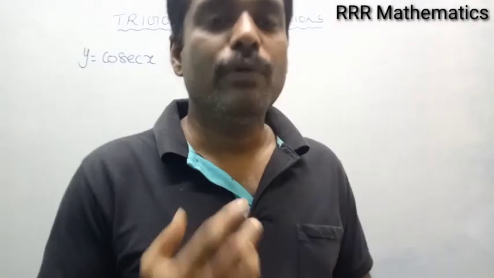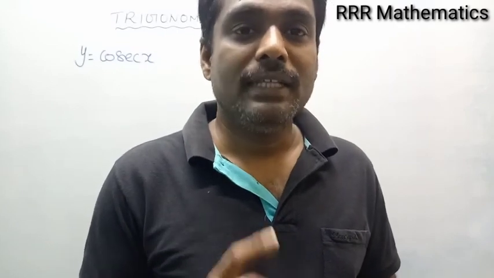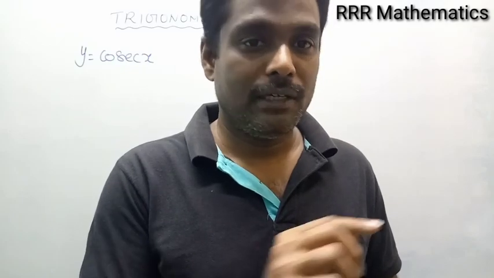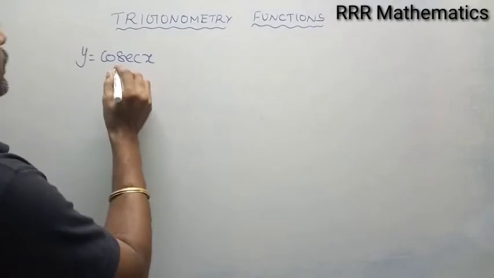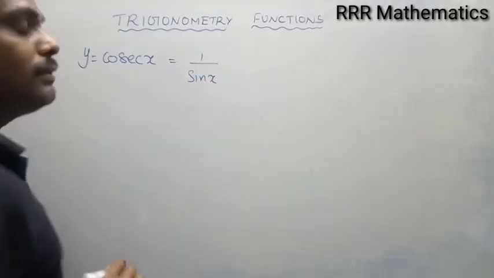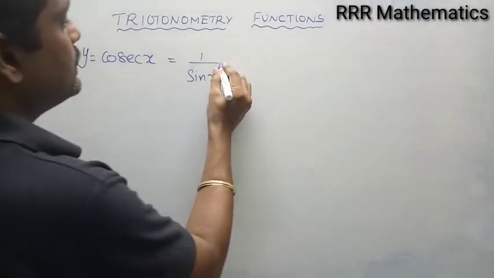Now we will talk about cosecant x. What is meant by cosecant x? Cosecant x is nothing but the reciprocal of sine x. Already we discussed the sine curve, the domain, range, etc. See here, cosecant x is nothing but 1 by sine x. So when you see it, it is a fractional expression. Sine x